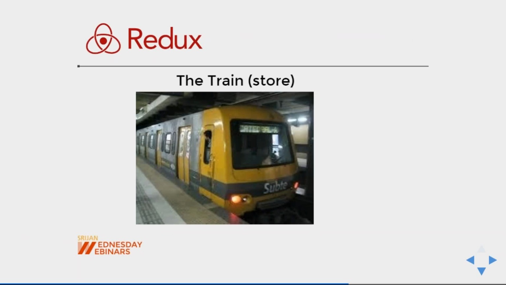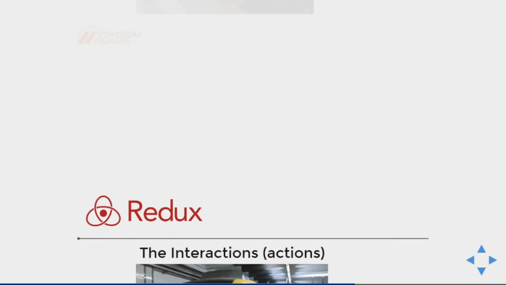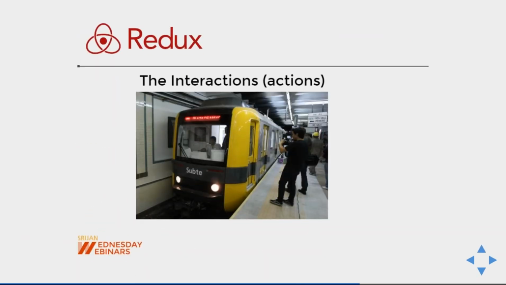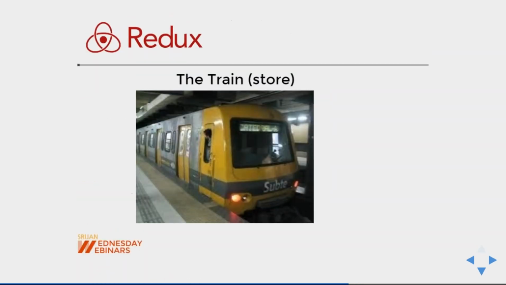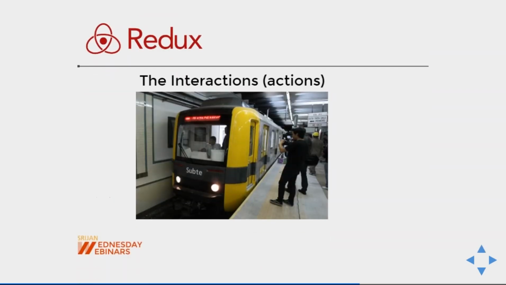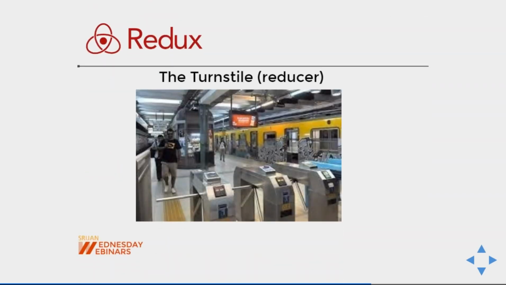Okay, this is just a funny example. What do we have? We have a train. We can say that the train is a store. Now, these are the actions, like boarding and deboarding. These are the actions which we are doing on the store. The train is a store object and you are boarding and deboarding; these are the actions on that store object. The third thing is the reducers. What is happening is, you reach your station and you are deboarding.